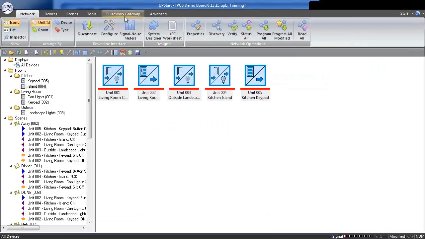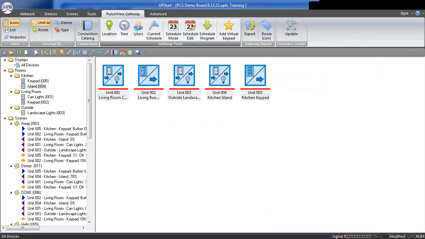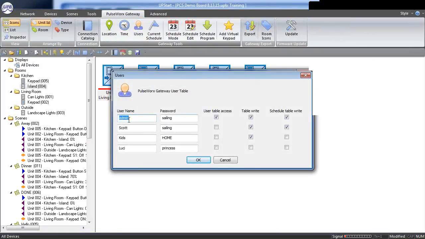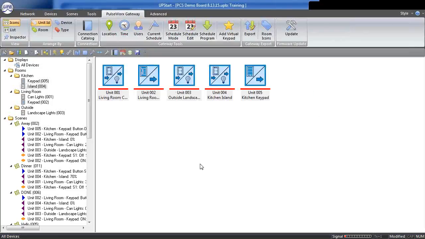So, I'll come over to the gateway, and under the users, I've got administrative. I've kind of got kids. They really don't do anything, but we can label them anything that we really want to. At that point, we can actually start to program and set up our network, things like that. I've used a file here, the PCS demo board, but I've also got another file already downloaded into the gateway to help us with this